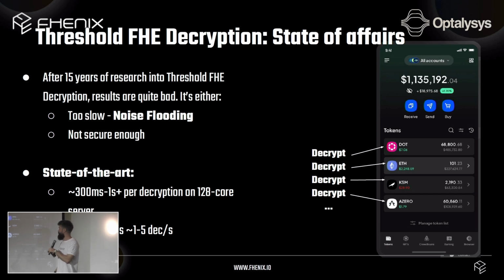Sounds manageable. But when we think of an actual real world use case, let's say we have a DeFi app, people go in and they want to see their balances, right? Let's say they have 10 encrypted tokens, and they want to see the balances of all of them. It's a pretty fair request, right?